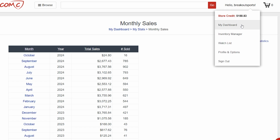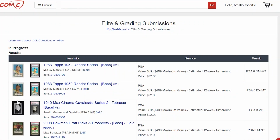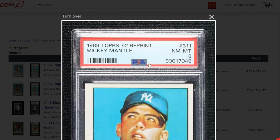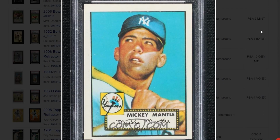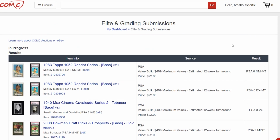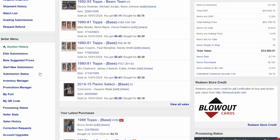I didn't get anything graded, I want to say, last month. Let me just check over here. Where's my grading submissions? Yeah, I think I already covered these over here. The 183 Mantle got an 8 last month, and one also got a 6. I was just hoping to get 7s on each, so pretty happy with that. And yeah, I don't think there's anything really new on that side, but let's take a look at some of